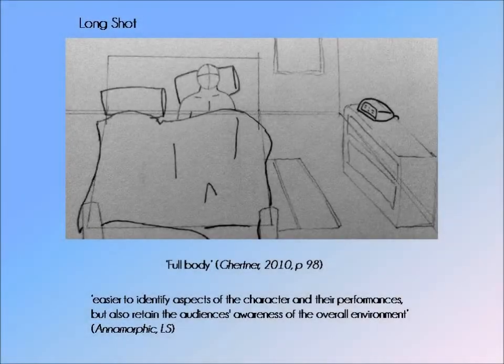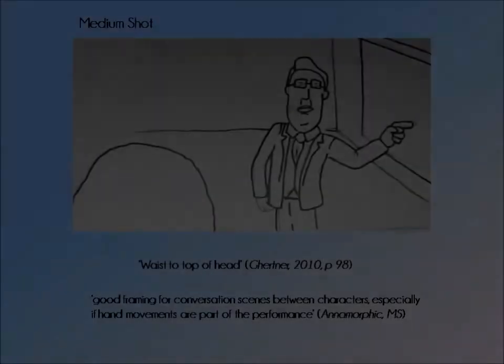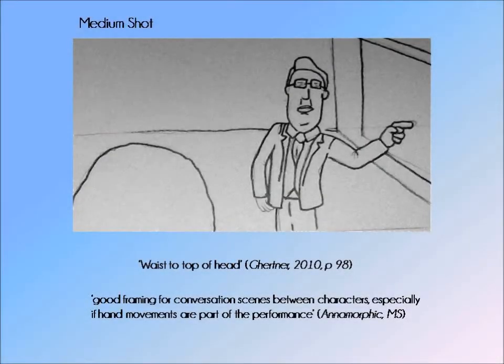The long shot is up next, which features the entire character in detail, which makes it easier for the audience to identify aspects of the character and their performances, as well as the surroundings. This shot is good for establishing a scene, and I have used it here to show the character while a prop, which is the alarm clock, interacts. Moving on, the medium shot. The medium shot is used for framing conversations featuring more than one character. They usually display the subject in more detail, from the waist to the top of the head, while still allowing